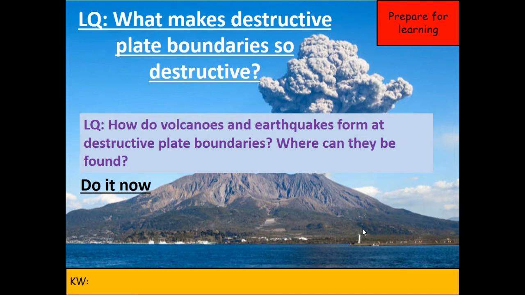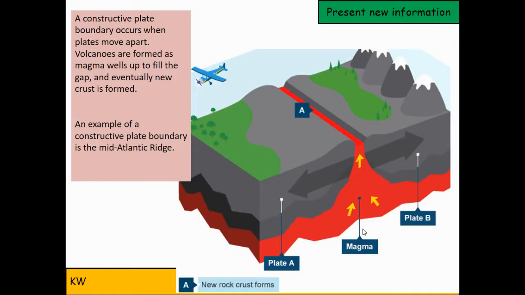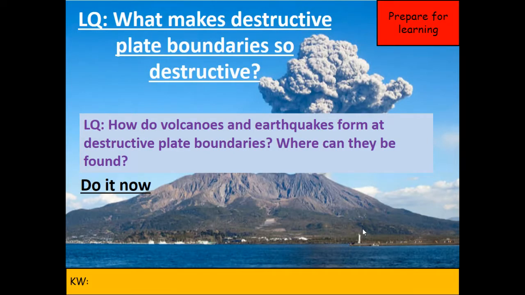We won't look at conservative because those ones are the ones that slide past each other and you get earthquakes, very easy. So very quickly, we're just going to go through these today. So it'll be a shorter lesson than what you've been having. And then we will move on to the earthquake case study, so Nepal and then Christchurch, New Zealand, next lesson,